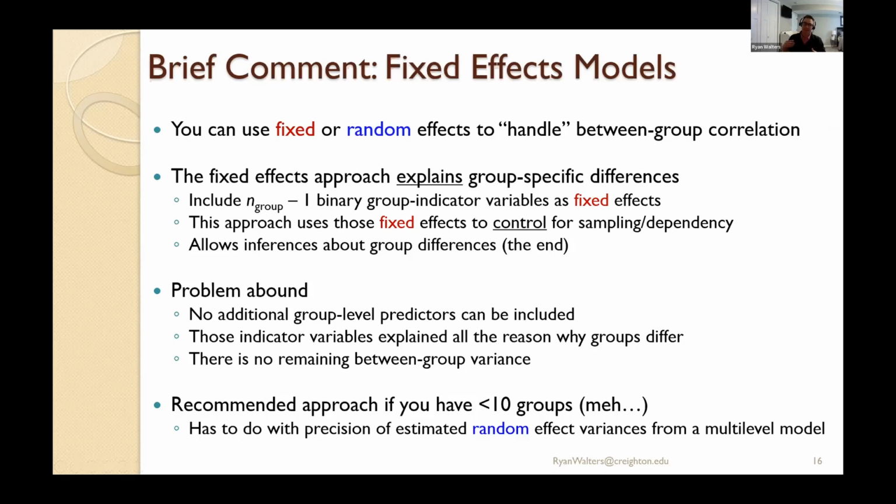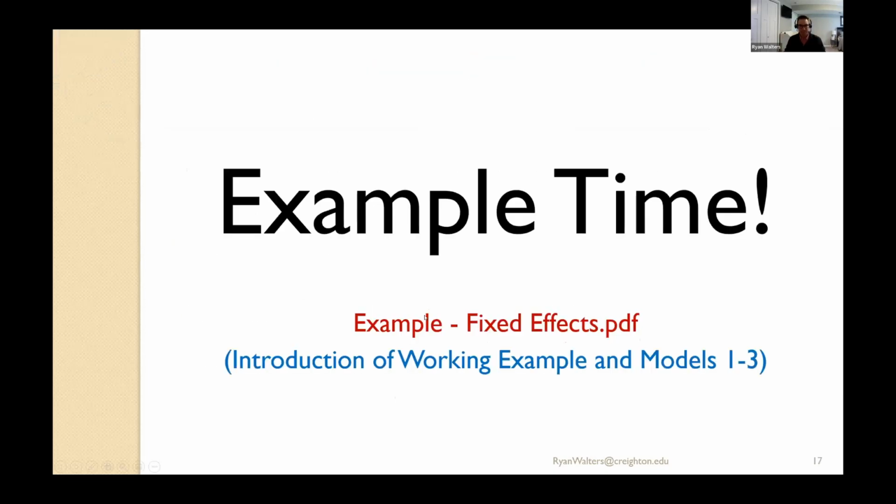So again, if you have a small number of groups, fixed effects might be the only way to go. Remember, you need at least 3 observations to have a meaningful variance. If you have 2 observations, it's your sums of squares. That's not a variance. If you have 3, now you actually have a variance. You, in theory, can estimate a variance component, a random intercept variance, in your multi-level model with 3 observations. It's just going to be really imprecise. As the number of groups increases, you're going to have a better estimate of those between group differences via your random effects.